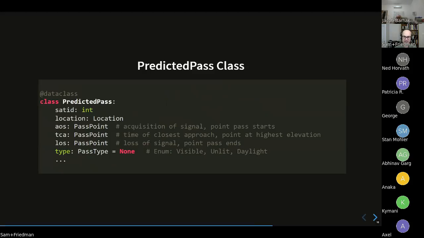I think the latest satellites have ID numbers in the 40,000s. And that's how they're unique, and that's how they're typically identified in lots of programs. And the location is also linked here in the predicted pass. And then we have 3 points as part of this predicted pass: the AOS, TCA, and LOS for the acquisition